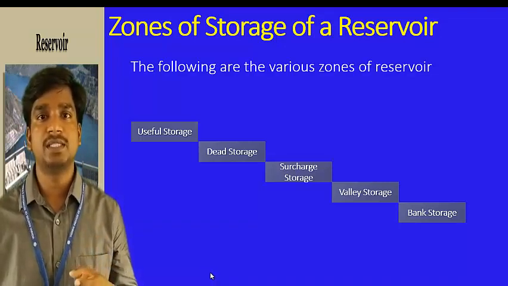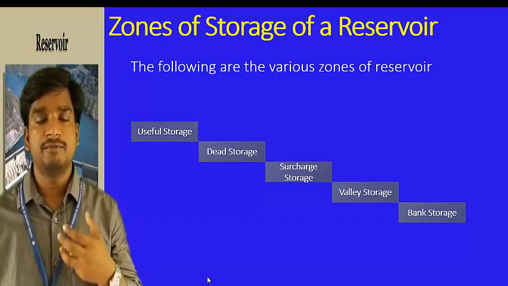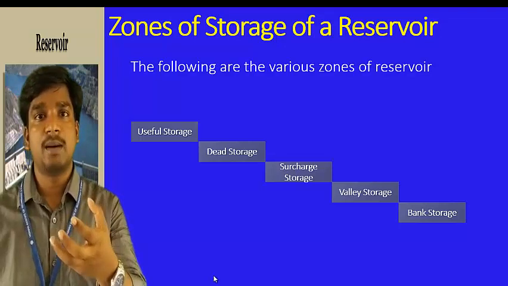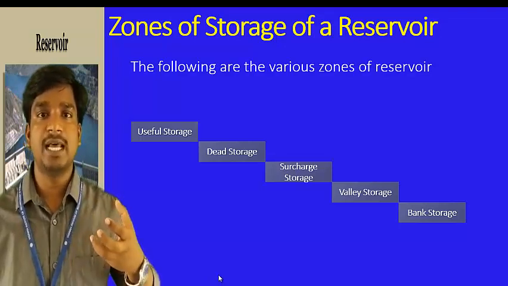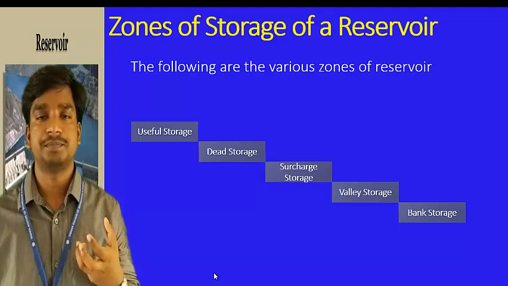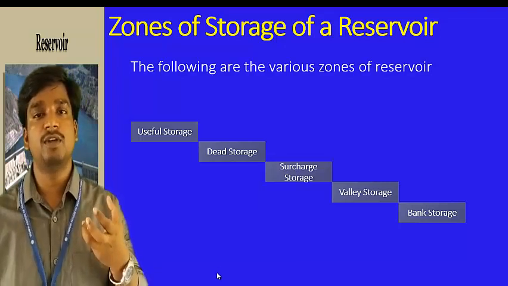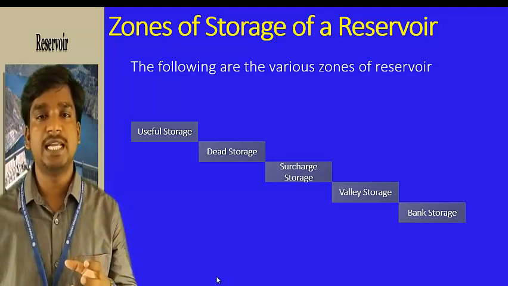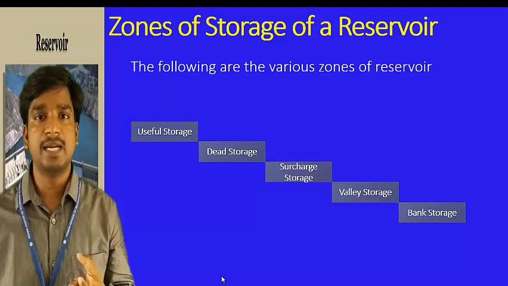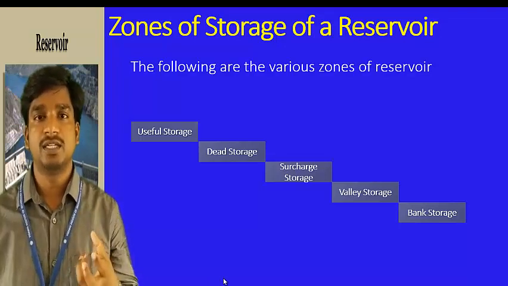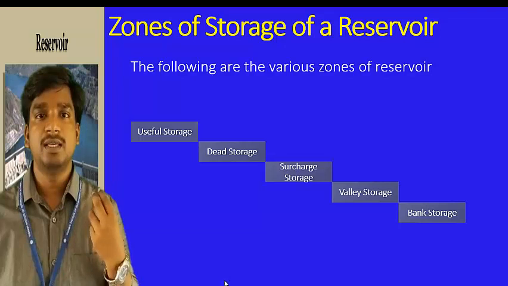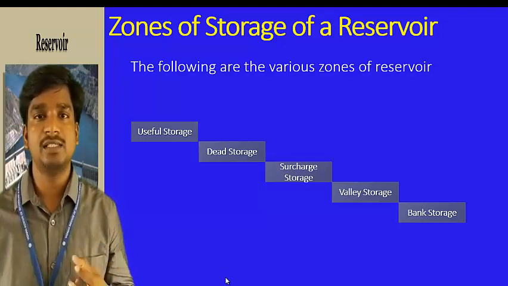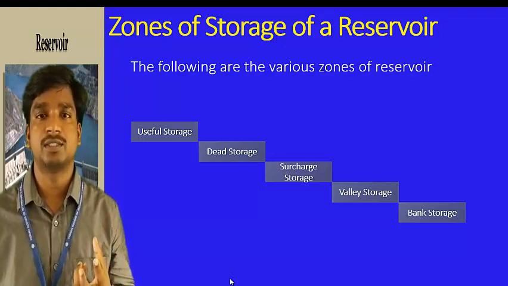Coming to the third purpose, the downstream lands are protected whenever there are high floods, because the water during high floods will be collected by the reservoir, and this water will be released at a safe rate through the spillways. Because of this facility, the downstream lands are completely protected from floods. So three purposes are served by one reservoir, and such reservoirs are called multi-purpose reservoirs.